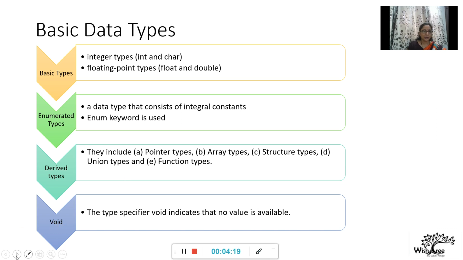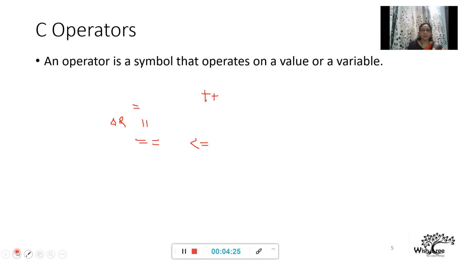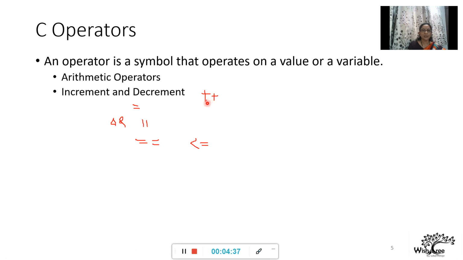Okay. So after data types, we need something called operators to perform certain operations. If you want to do some computation, we need some operators. Like we have arithmetic operators, plus, minus, star, slash, modulo. Then we have increment, which is represented by plus plus here, and decrement operators, which are represented by minus minus. Both of them are going to increment the value by 1 or decrement the value by 1 respectively. Then we have the assignment operator, which is an equal to sign here. Then we have logical operators, double ampersand and double vertical lines indicating and, or. Okay.